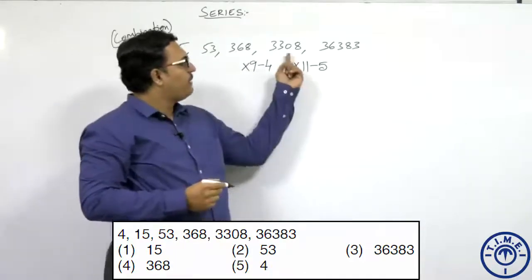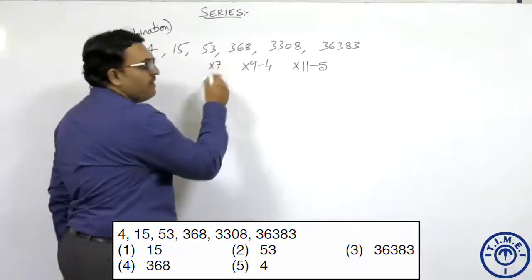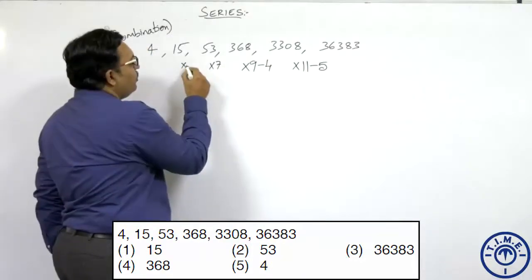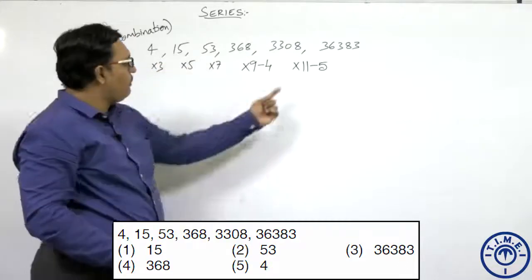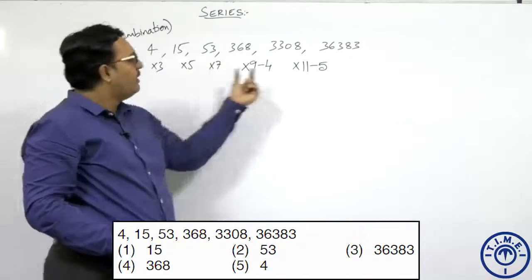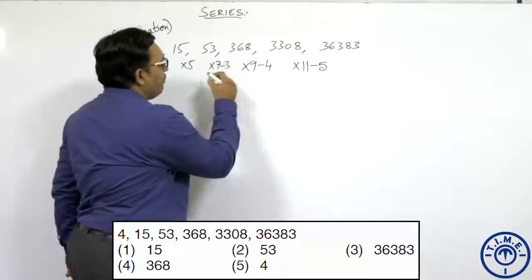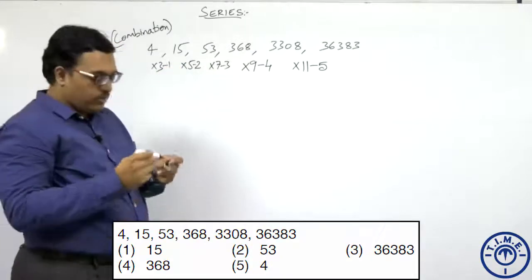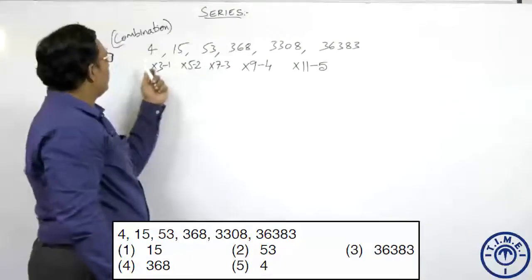So if you observe what is happening, this is into 11, this is into 9. So the next I have to take is into 7. I am considering only the product first, into 7, then this has to be into 5 and this has to be into 3. All are odd numbers, into 11, into 9, into 7, into 5, into 3. Now if I take the difference, minus 5, minus 4, what will be the next? Minus 3. The next will be minus 2. The next will be minus 1. So this is the logic that you get from the last to the starting.